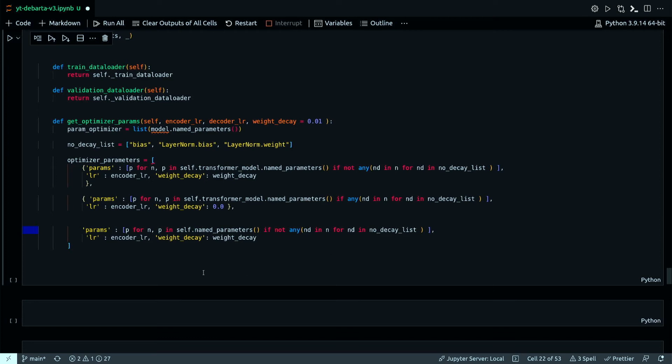Okay, let me just change it here. And the LR is decoder LR, with weight decay 0.01 indeed.